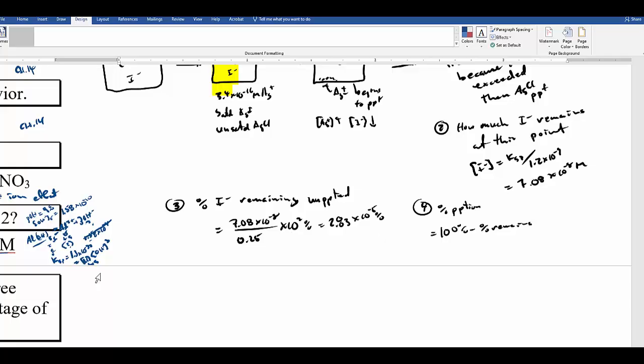And so I'll just do that here, and I get 99.9999%. This next digit is a 7. This is greater than 99.9%